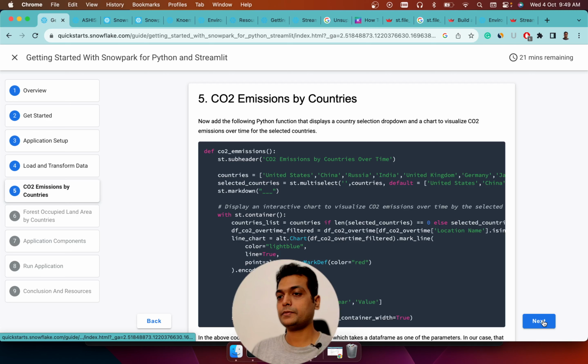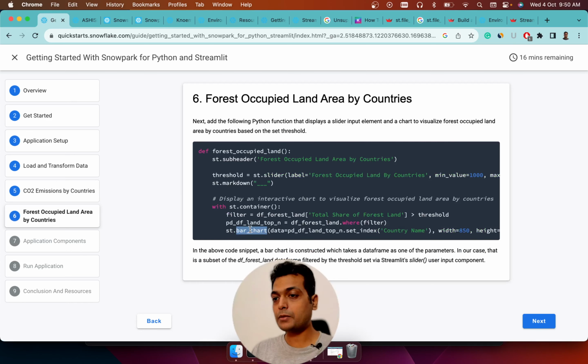So next part is forest occupied land. There is another method, forest occupied land. This basically is again a bar chart, and it has a slider, and